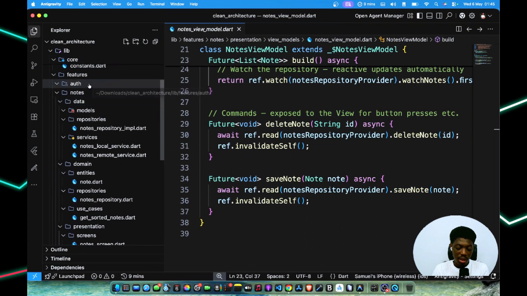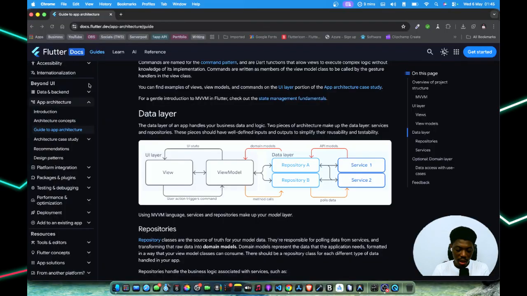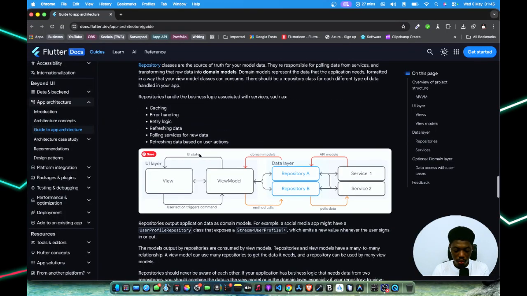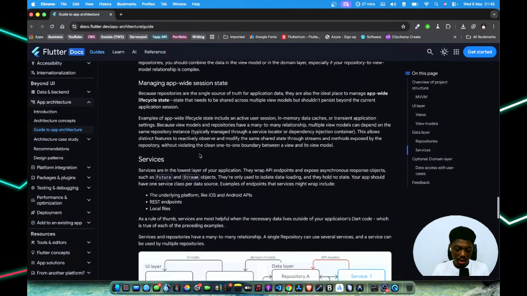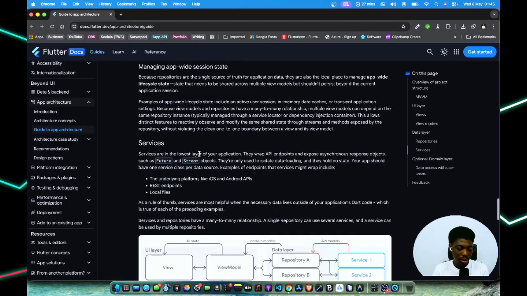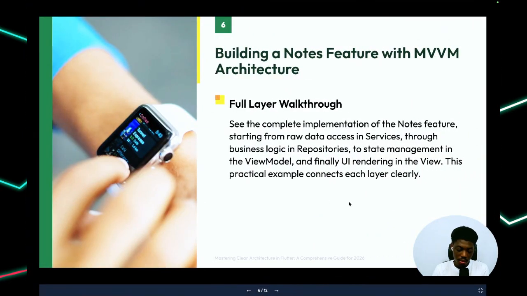As you can see, this is how feature-first organization works. That is, you work based on features. All the functionality you are performing is based on feature, and that is what Flutter recommends as well. So you work based on feature, and you manage your app in a progressive way. So that's pretty much it. Now let's move to the next point,